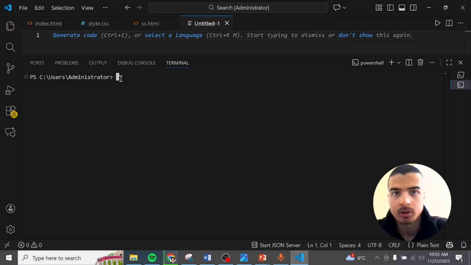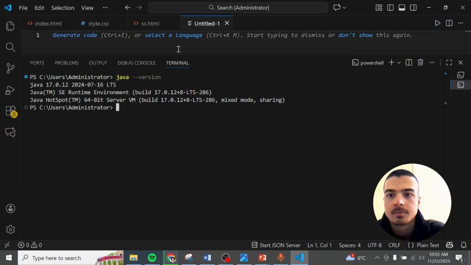Before starting the coding, you should check whether the JDK is installed on your computer or not. You should write java -version. If you see such a thing, it means